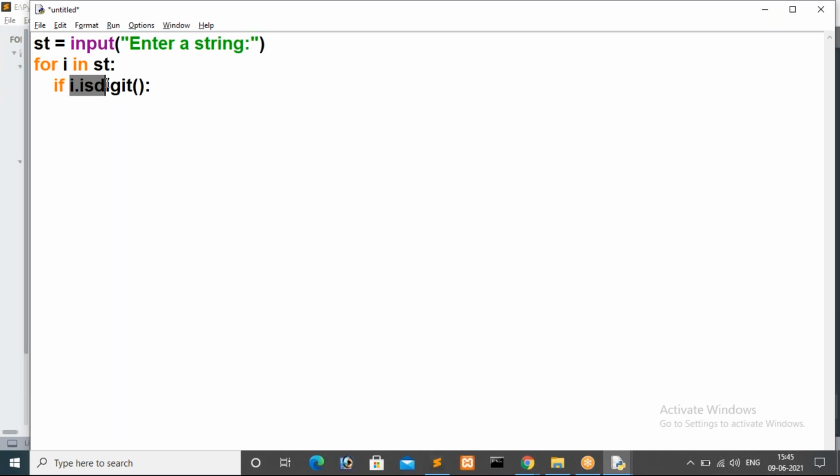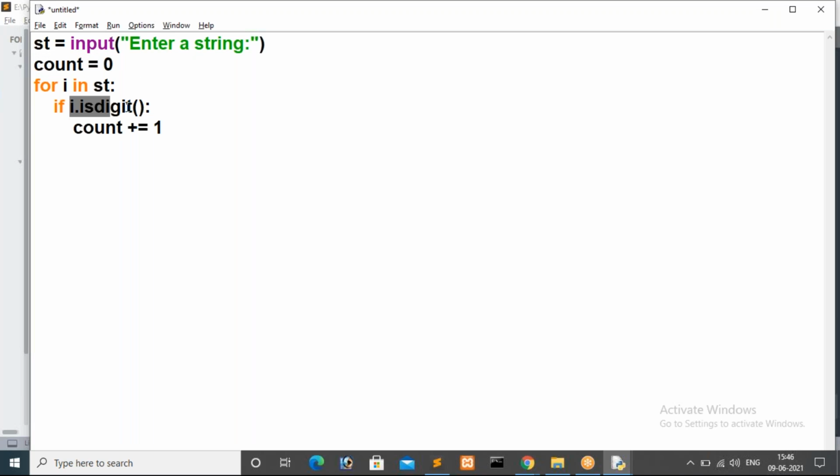So for that I am writing i.isdigit(). If the iteration value i is a digit, we have to increase the count value. For that we have to initialize count = 0, then count += 1. Before the for loop, the count value is 0.